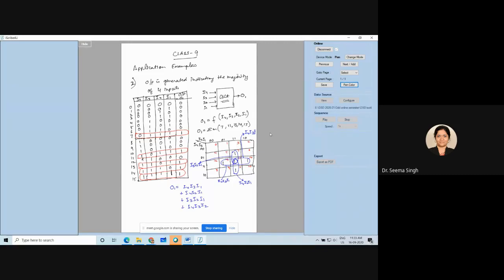So if you want to implement, you will have 4 AND gates of 3 input and 1 OR gate of 4 input. This will give you O1 and your output should be shown